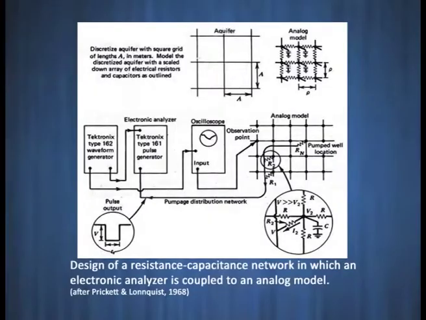In the discrete model, steady state conditions apply, and these are 2 dimension flows. We are getting the flow in 2 dimensions for steady state conditions, for confined aquifers also. Now I will tell you about the resistance capacitance network. As the name suggests, in this model resistors and capacitors are used. An analyzer is coupled in this.